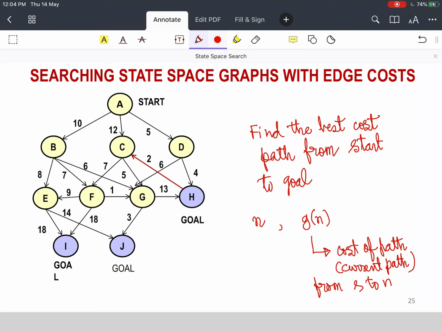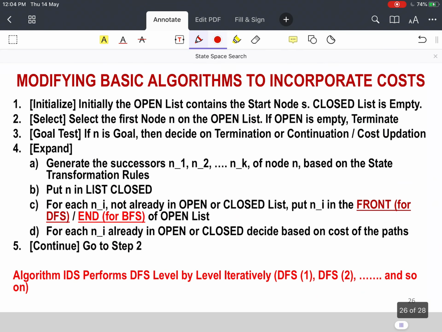And we will have to use this g(n) value to order the nodes. For example, when we use depth first search and we put it in the front of the queue and we find the first goal node, if we terminate at the first goal node, then that may not be the optimal cost. So we may have to continue the search to try and do a branch and bound